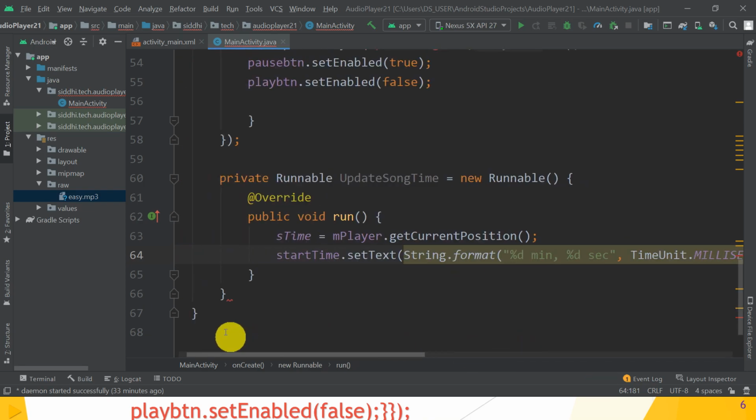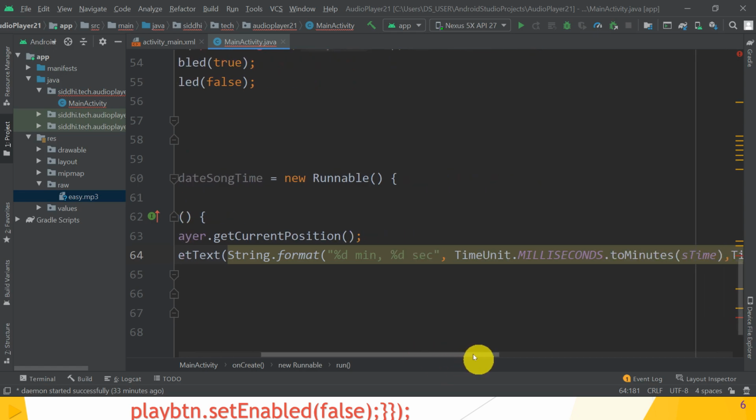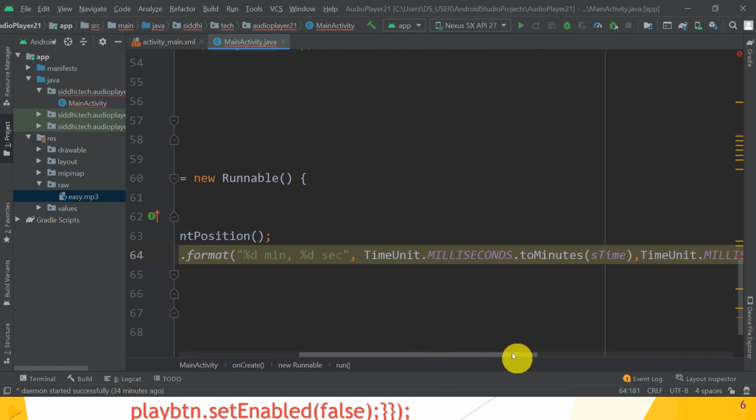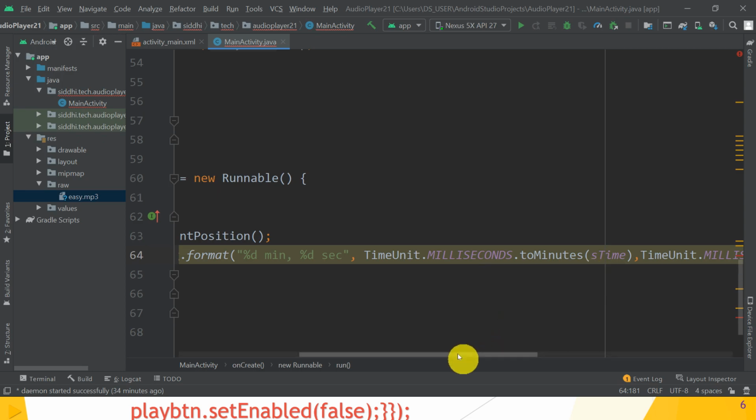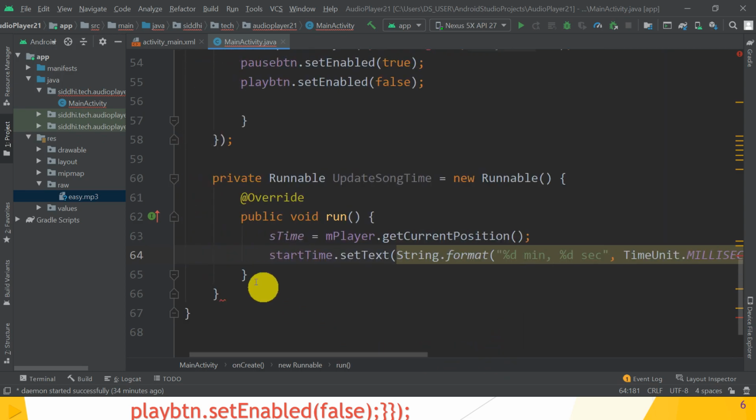Great. Guys, hope you understand that. S time is mPlayer dot get current position, then start time set time in milliseconds, minutes and seconds. So time minute dot milliseconds to minutes, pass S time and calculate the seconds. Great. Guys, hope you understand this part.